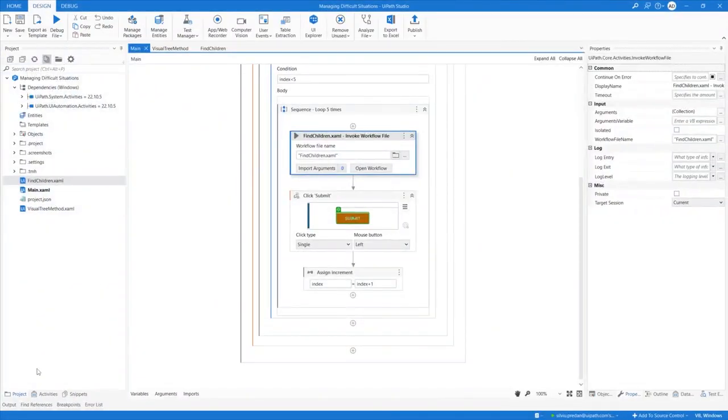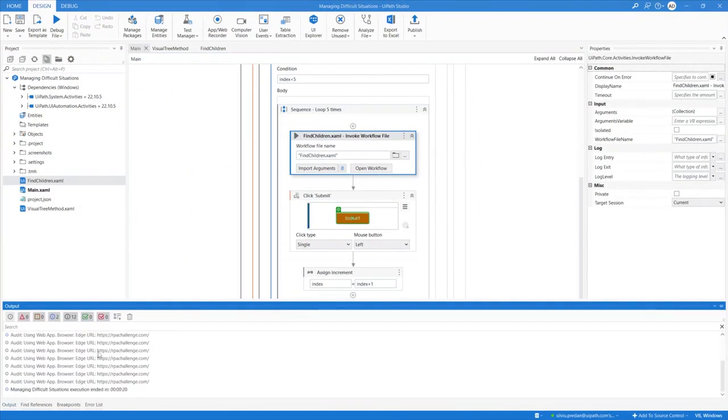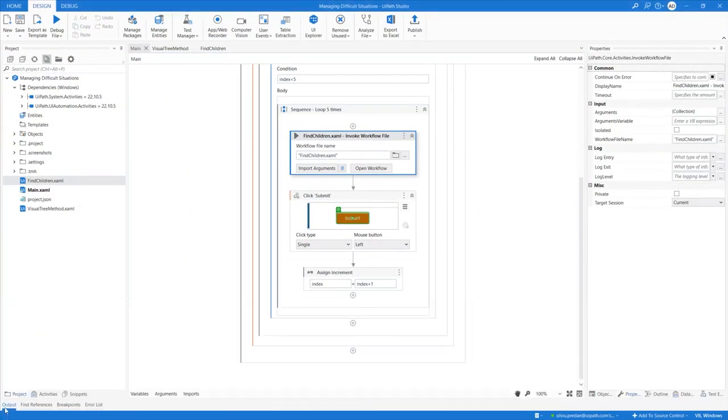Great! It works! This concludes the approach to use a Find Children activity to retrieve all the child UI elements